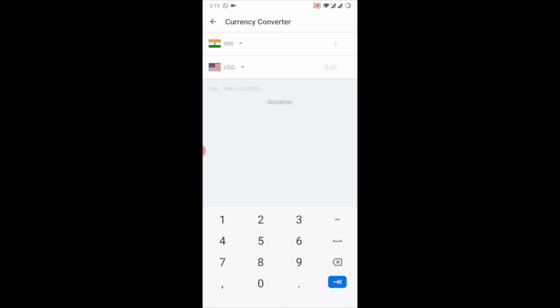If you want to purchase, or list any of your products and want to know how much it costs in your currency, and the product, let's say, you are listing in US dollars. So let's say I'm listing something worth 10,000 rupees. In USD it's equivalent to $129. That's the value I must list if I'm planning to list in US dollars. Mostly all the products that you list on the Alibaba portal are in US dollars, because that's easy for everyone to understand.